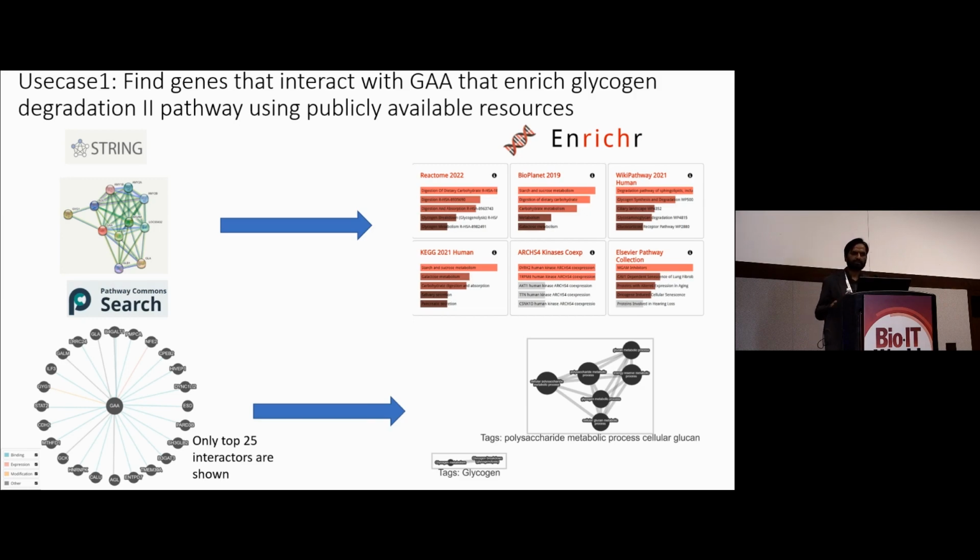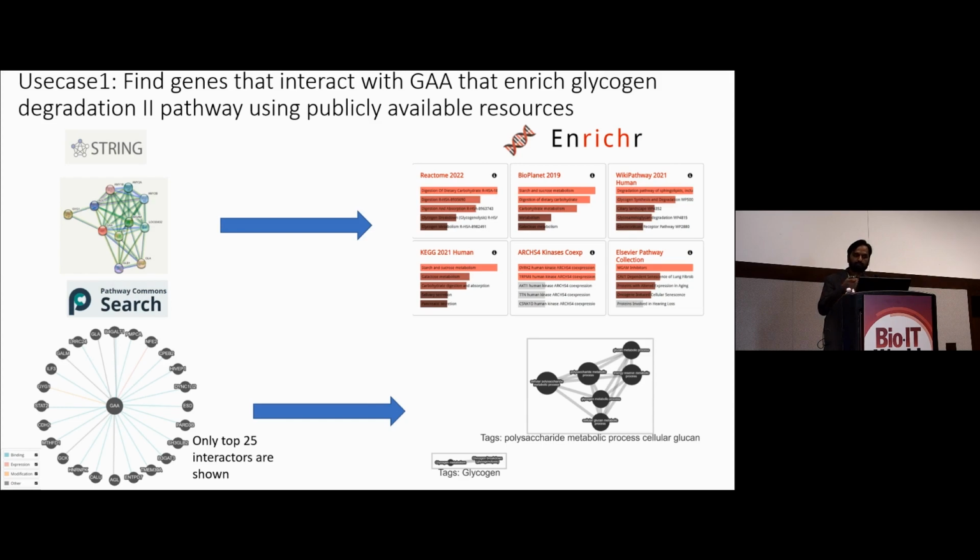And then I used a third system called Pathway Commons, which is very rich. It provides you a mapping between genes and pathways that they correspond to. This is essentially what Protein Miner also uses in the backend. So the challenge now is the user interface that Pathway Commons provides gives you that information. I know for sure that using the data that comes out of Pathway Commons, I'm able to answer this question, right? So I use Pathway Commons, I query the gene GAA, it gives me all the interactors corresponding to GAA,